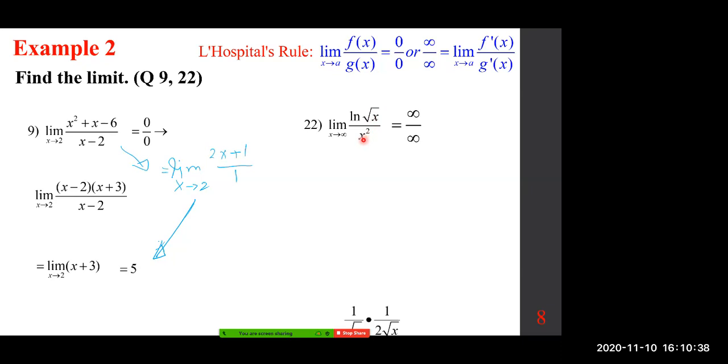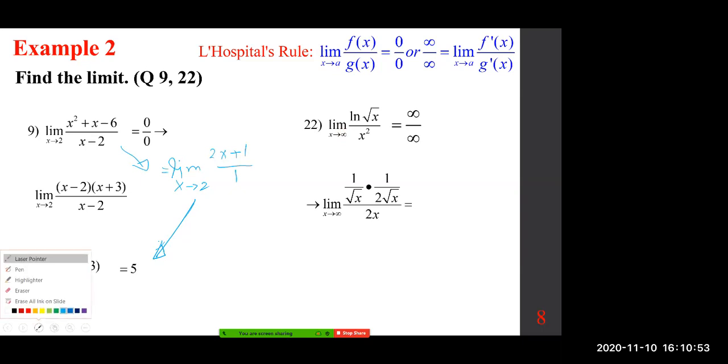X squared gives you 2x. So I'm assuming everybody knows the process. 1 over square root of x, okay, 1 over 2 square root of x. Or simply put, change this, okay? Or just change this to 1/2 ln x, okay? And differentiate it that way. Okay, class? That actually may be faster. Either way,